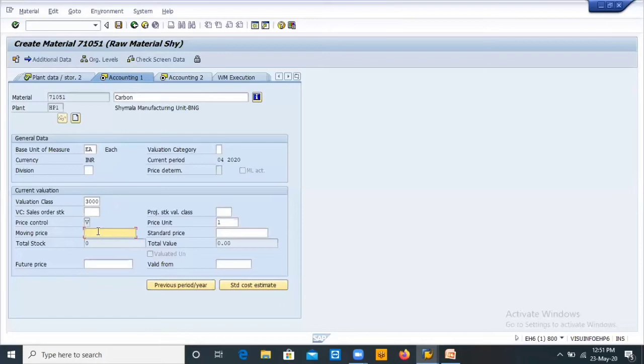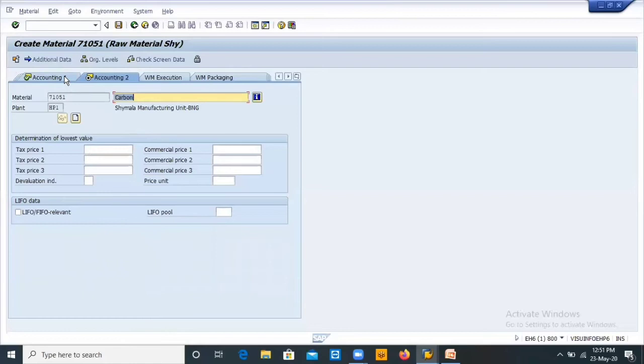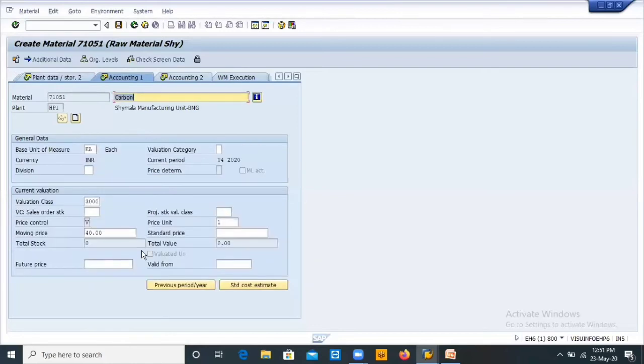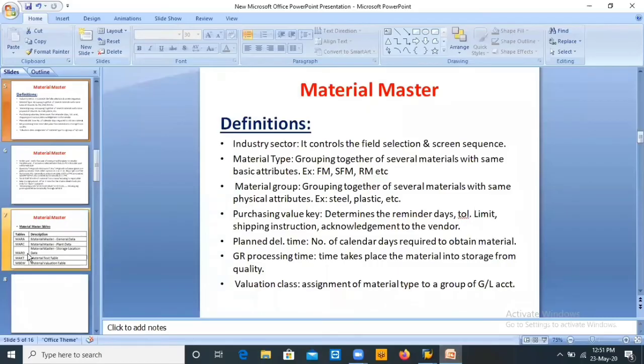So now this is moving average price. We will give the price condition. I will give 40, so each carbon will cost 40. Then go through accounting one. Here this is important. What is the definition?